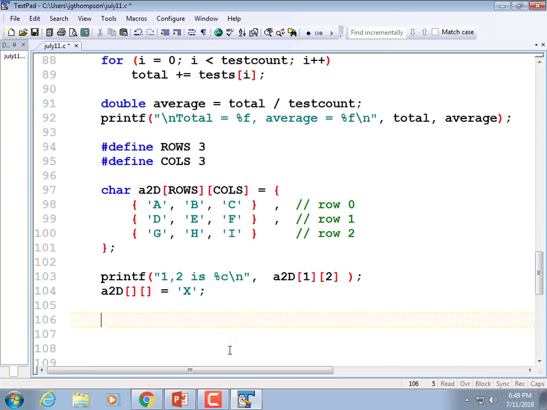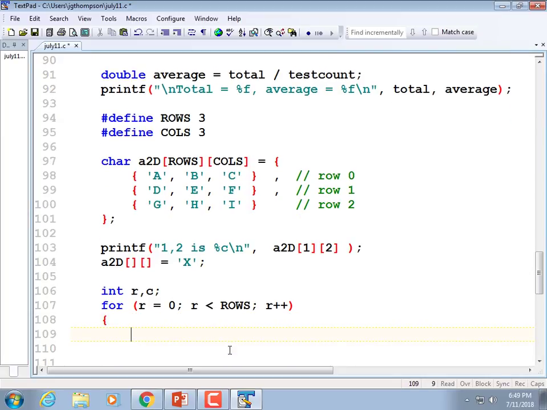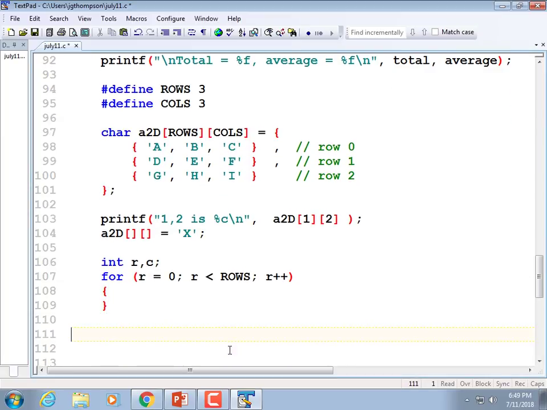But having that, I can write a nested loop. I'm going to need 2 counters. A row counter and a column counter. I'm just going to call them R and C. Int R, comma C. Those are my rows and my columns. For R is equal to 0, R is less than all caps ROWS, R++, open brace, for C is equal to 0, C is less than COLS, C-O-L-S, C++,